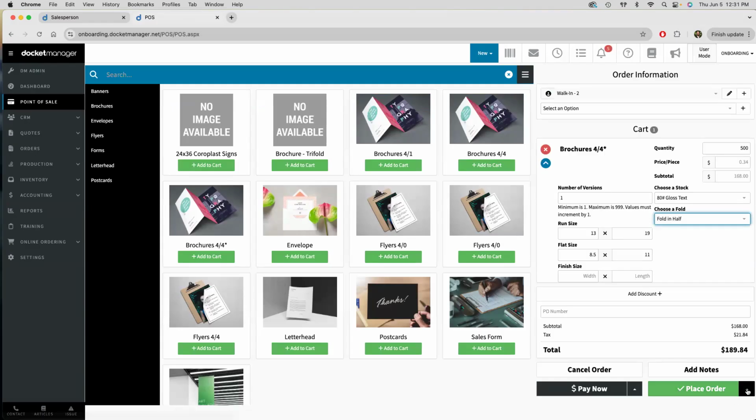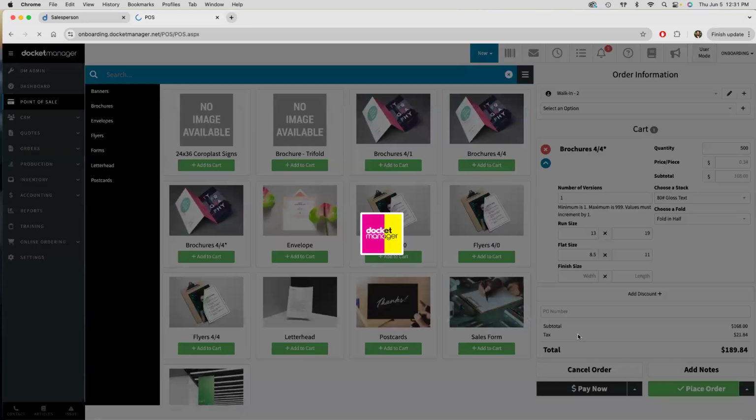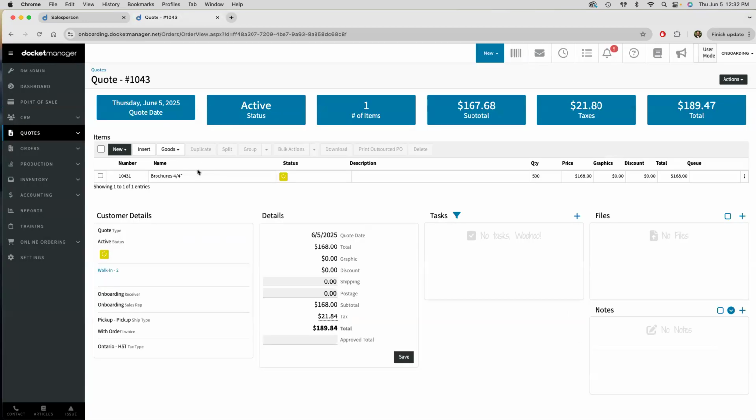They could pay later, or you can hit save as quote, and that is going to do exactly as you're suspecting it will, and it will create a quote out of this instead of an order, which is a really nice feature that we didn't have before. And I hope people are utilizing this, because I just feel like this is, again, a great way for